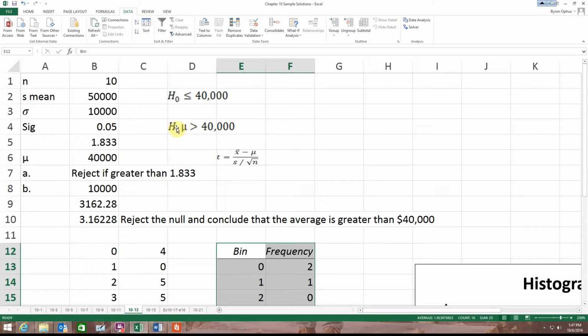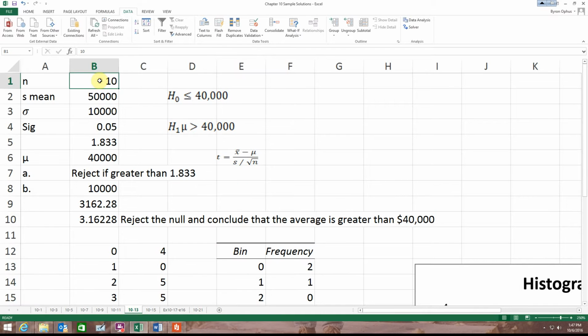So my alternate hypothesis then is that mu is greater than 40 grand. And my null is that mu, I'm missing my mu in there, is less than or equal to 40 grand. Okay, so